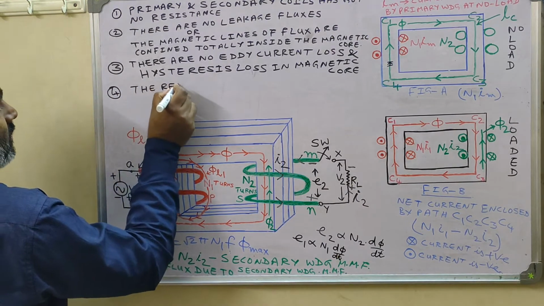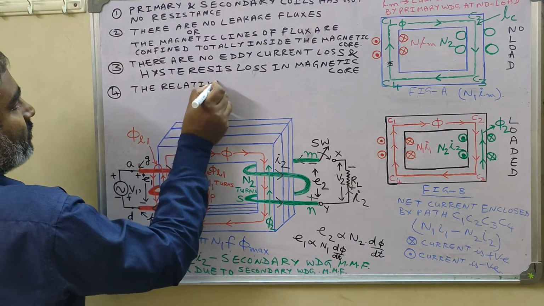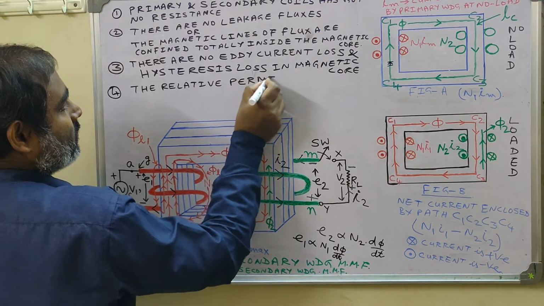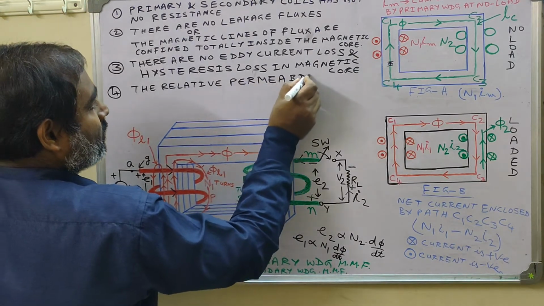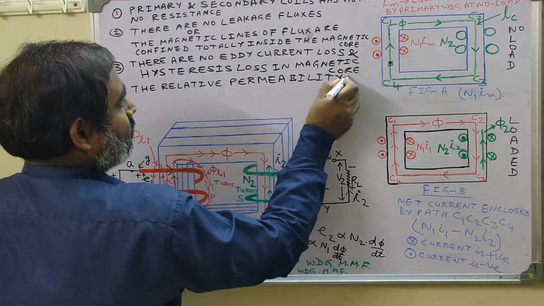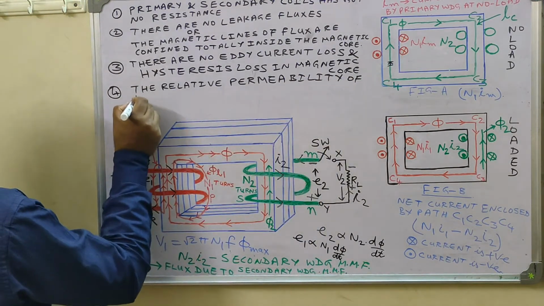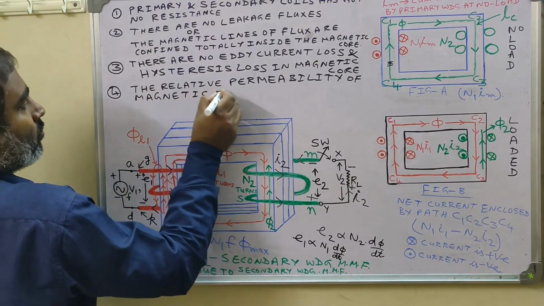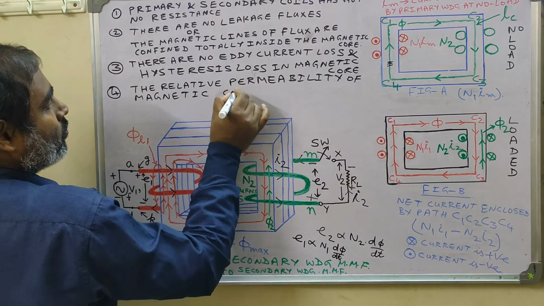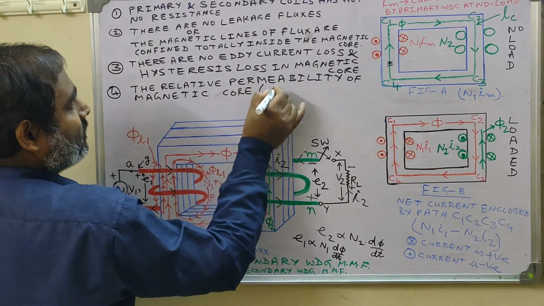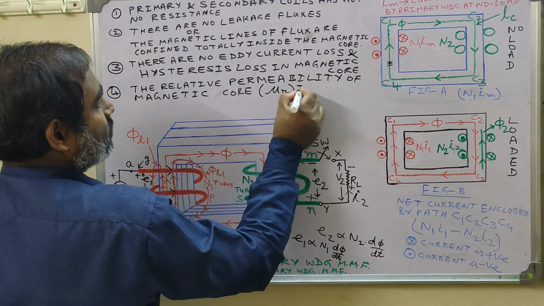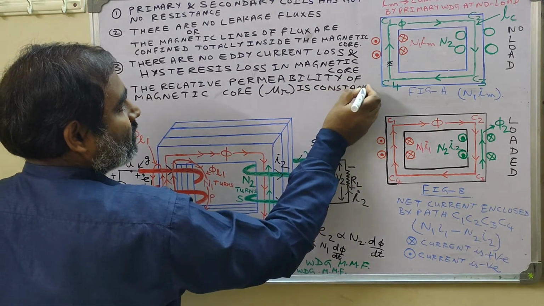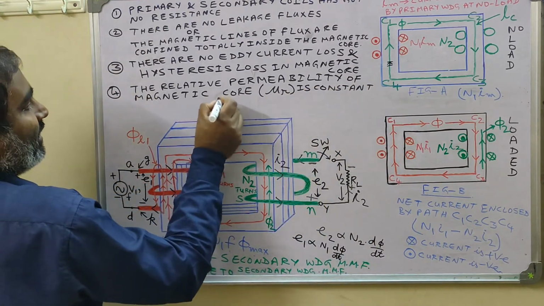relative permeability of the magnetic core is constant. What we mean is that the value of mu r is constant, so this can be rewritten as